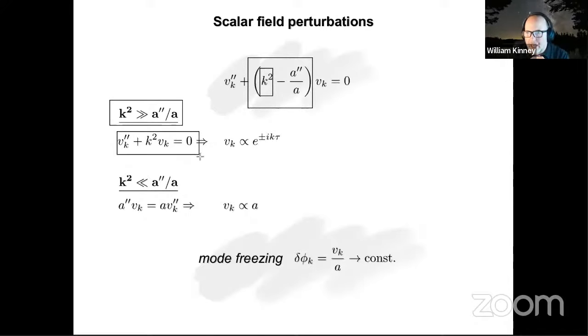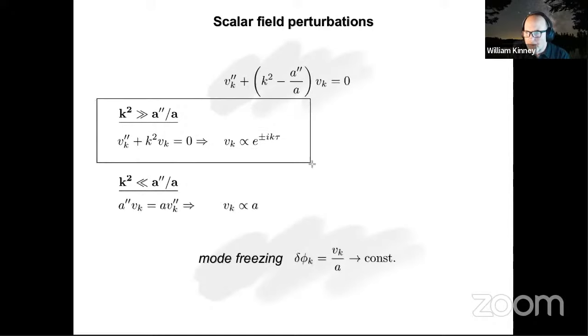Then we get essentially a Minkowski space Klein-Gordon equation, and we know what the solution to that is. It's just e to the plus or minus ikτ. Notice that this is still in terms of conformal time. So weirdly, we get a Klein-Gordon equation in terms of conformal time. But once again, at very short wavelengths, if we're talking about time scales very much less than the expansion age of the universe, conformal time and coordinate time become interchangeable with each other. As long as the change in the expansion rate of the universe over the time of our interaction in the LHC doesn't matter, we can swap conformal and coordinate time out.